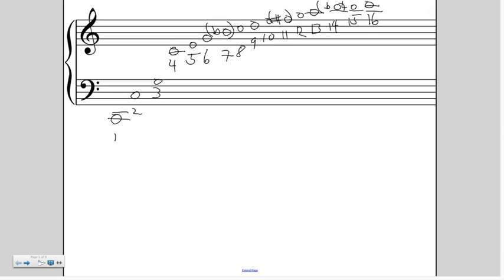Going on up, the fifth partial is the E in this case, which gives us, between the fourth and fifth, a 5-to-4 ratio, which is the natural major third. So C to E we refer to as a major third. And then moving up, the next interval is the 6-to-5 ratio, which is the minor third. Now you'll see on the overtone series that I've got B flat written here, but I've put parentheses around the B flat because it's not really that close to a B flat. It's in between an A and a B flat.